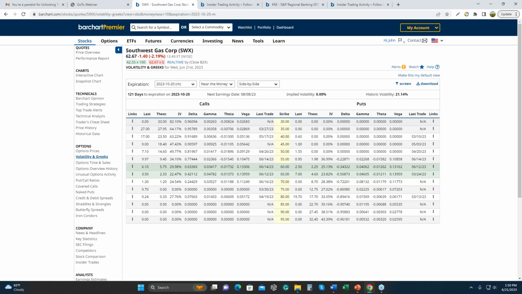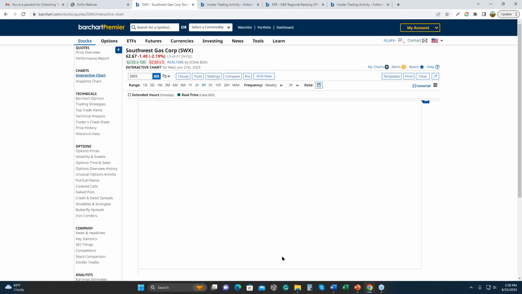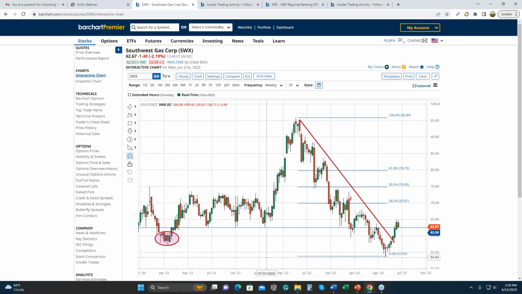Now, does that make sense in terms of a trading opportunity? Well, if we look at our chart, what we see here is I just drew a Fibonacci line from the recent high to the recent low, and this is probably what Mr. Icahn is looking at. And just a dead cat bounce on this to that 38% retracement puts us around $70. Again, if we think about it in terms of a percentage price movement, that's about a 10% movement between now